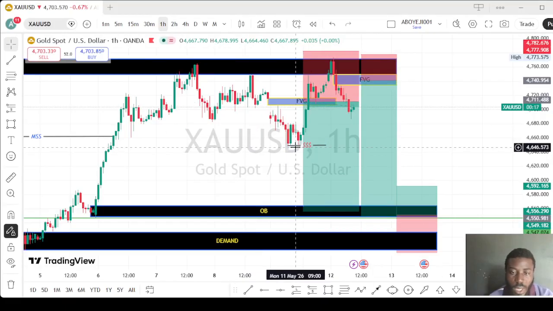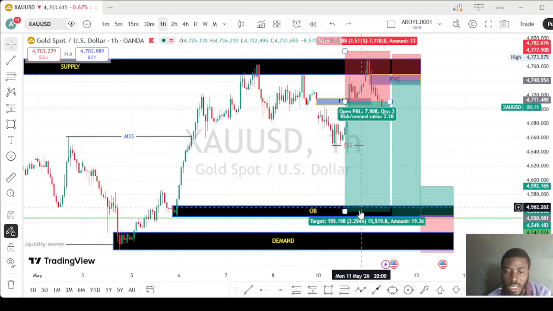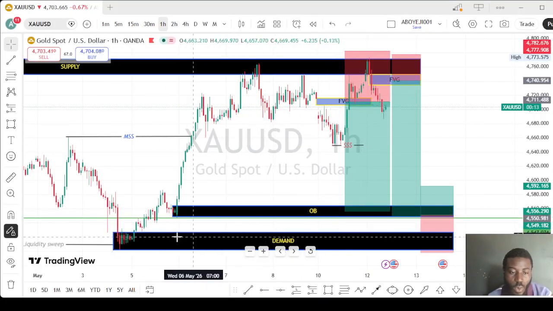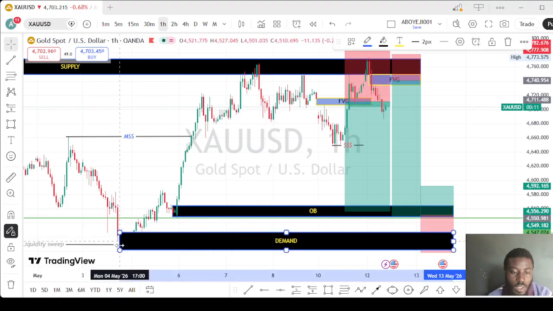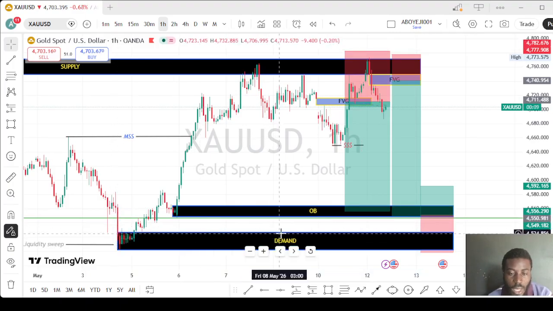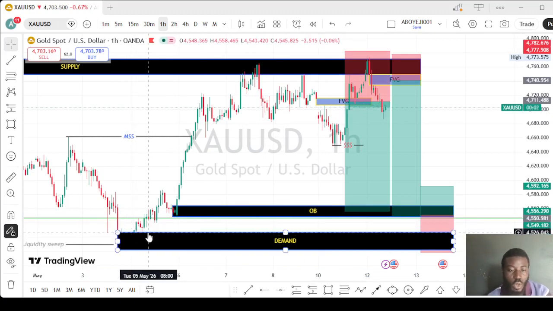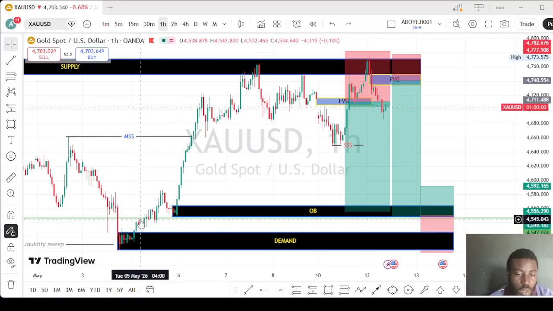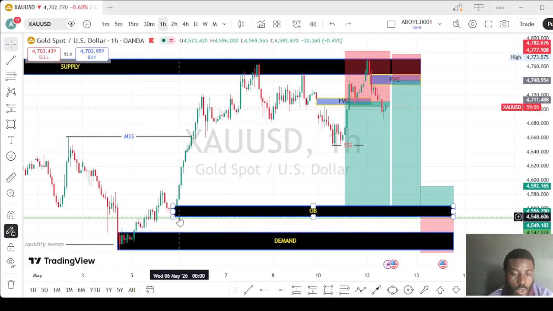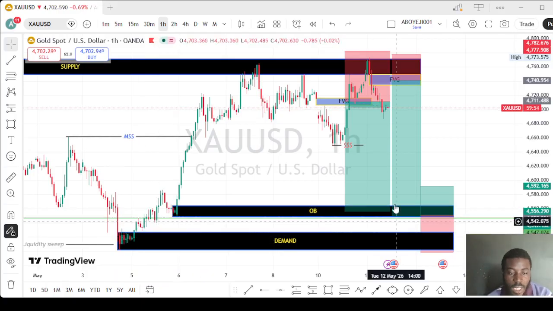what? We are having liquidity here, and there's an FVG. But on the 1 hour time frame, in our demand, we are having an FVG over here. You can see the small FVG, tiny FVG. We don't know, maybe the market will sweep all this liquidity. You can see all this liquidity the market just created here, mitigated this before we can see a